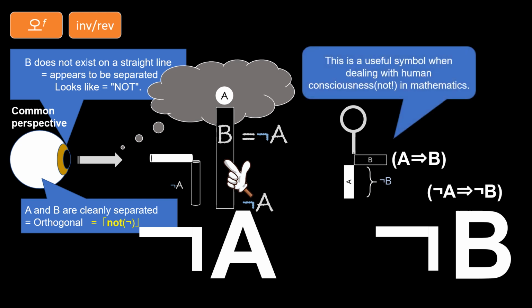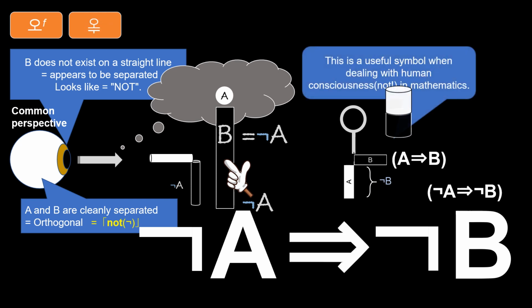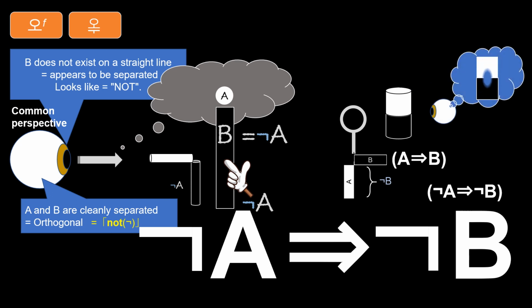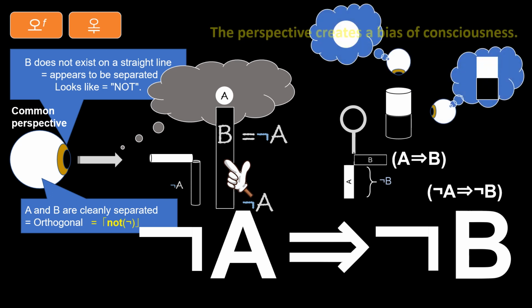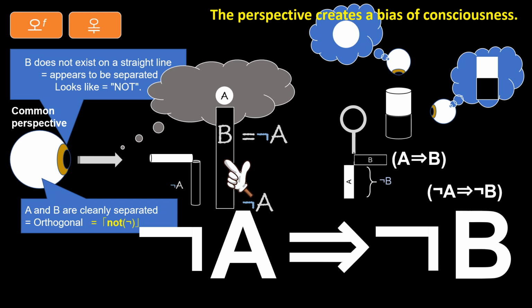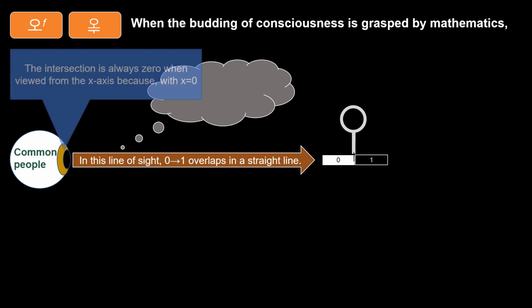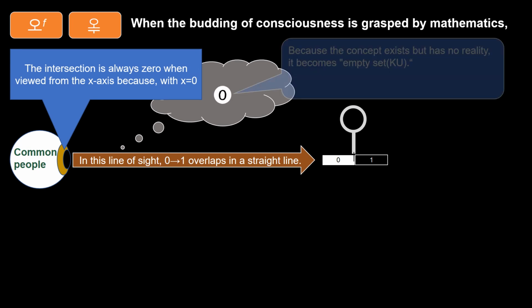This is a useful symbol when dealing with human consciousness, not in mathematics. If not A, then not B. The perspective creates a basis of consciousness. When the budding of consciousness is grasped by mathematics, the intersection is always 0 when viewed from the x-axis because